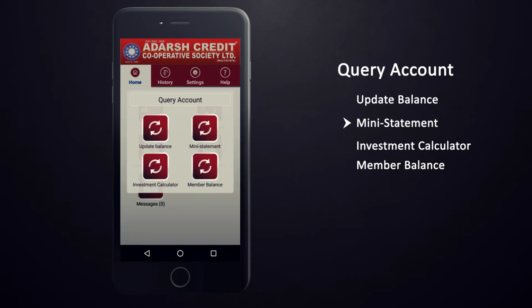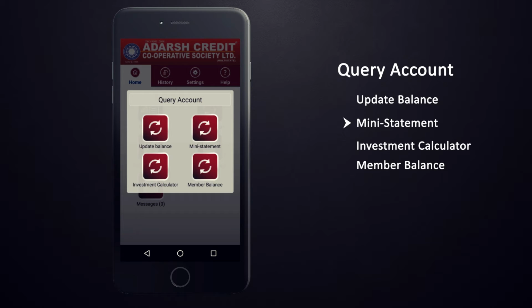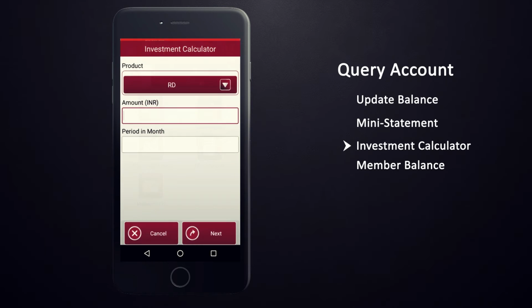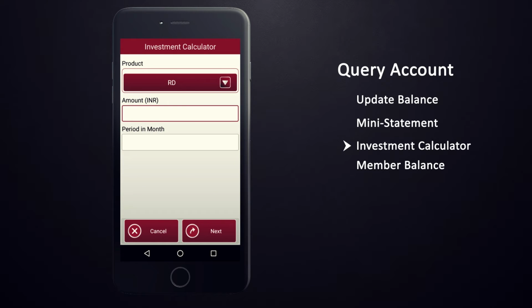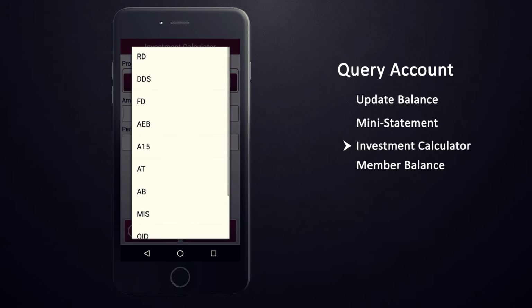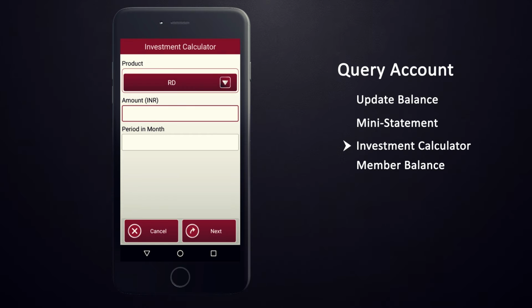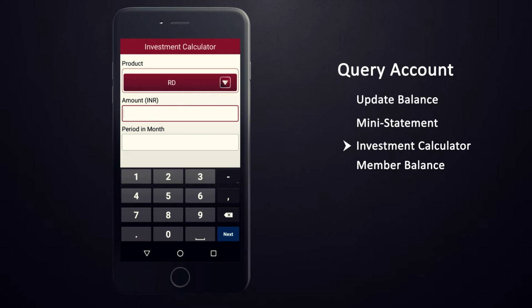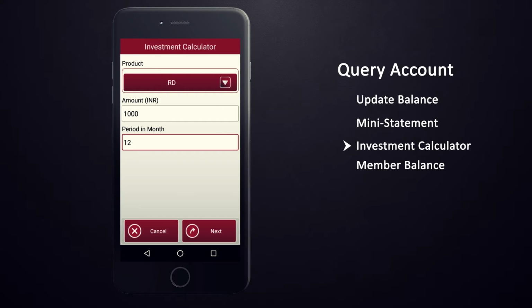To know about the investment returns, tap on Investment Calculator icon. Select your product from the Product drop-down menu. Enter the proposed investment amount. Mention the period in months for which you or the member wish to invest.